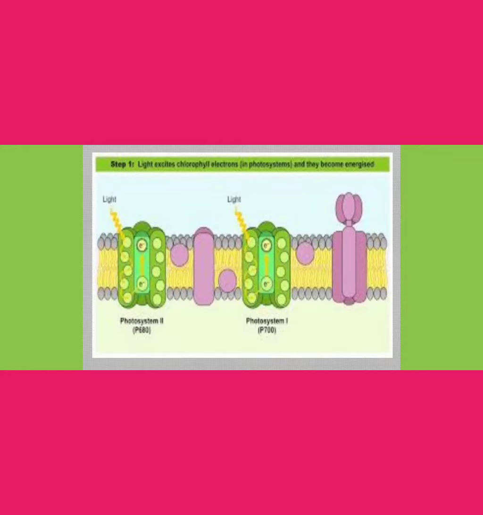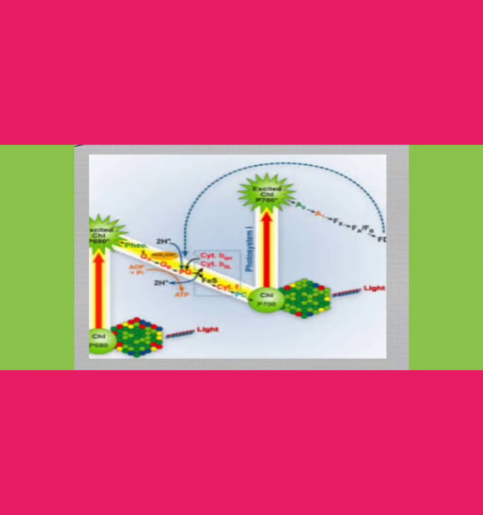In this diagram, you can see photosystem 1 and photosystem 2, which are arranged on the grana, and these two photosystems help in the electron transport. If both photosystems participate in the electron transport, it is called non-cyclic electron transport, and if only PS1, that is reaction center P700, participates in the electron transport, it is called cyclic electron transport. In this picture you can see the non-cyclic electron transport, which operates in the form of the English letter Z. So it is also called the Z scheme.